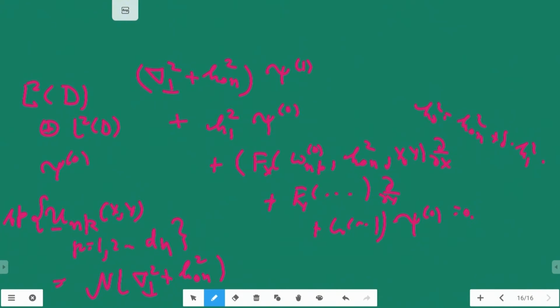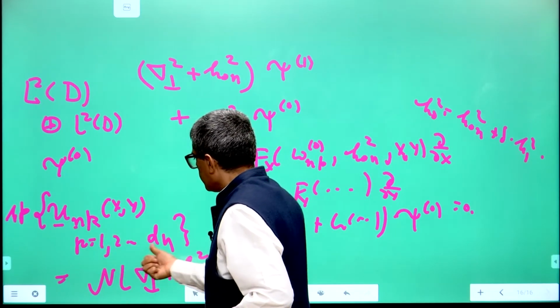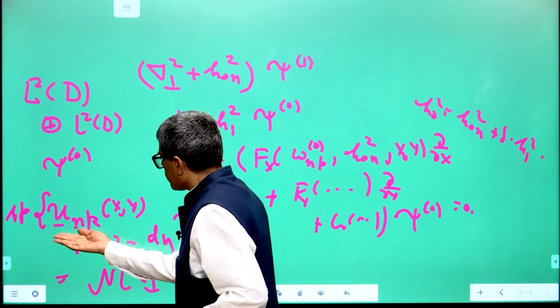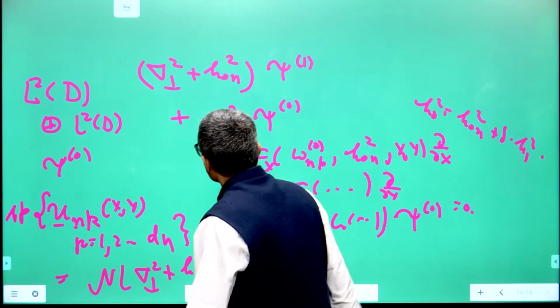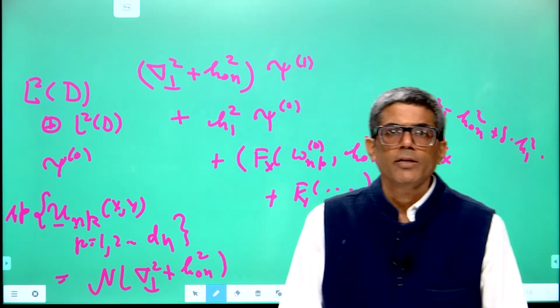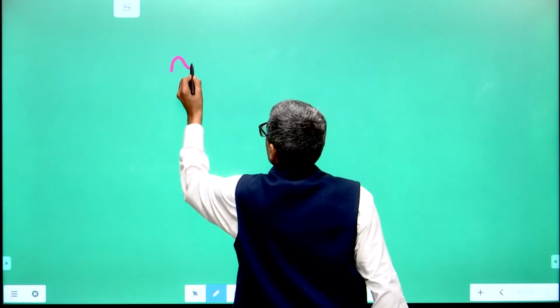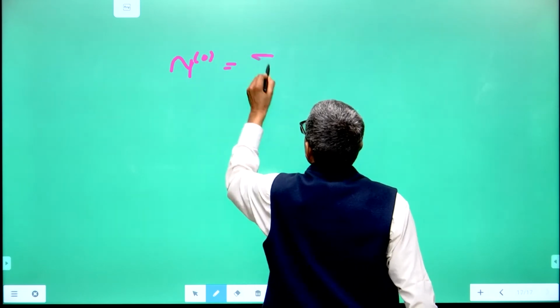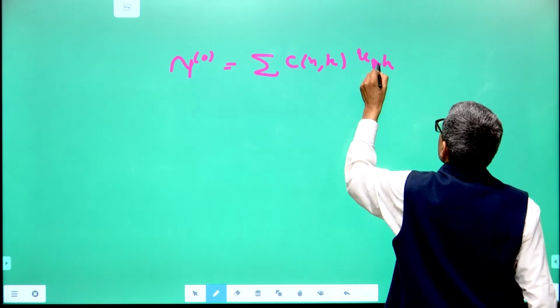Now you take the inner product of both sides. When they switch on the perturbation, psi 0 cannot be an arbitrary linear combination of the unk; only a specific linear combination will work. This is just as you have the theory of secular determinants in quantum mechanics when we do time independent perturbation theory. So you assume that psi 0 is of the form summation Cnk into Unk of x and y,